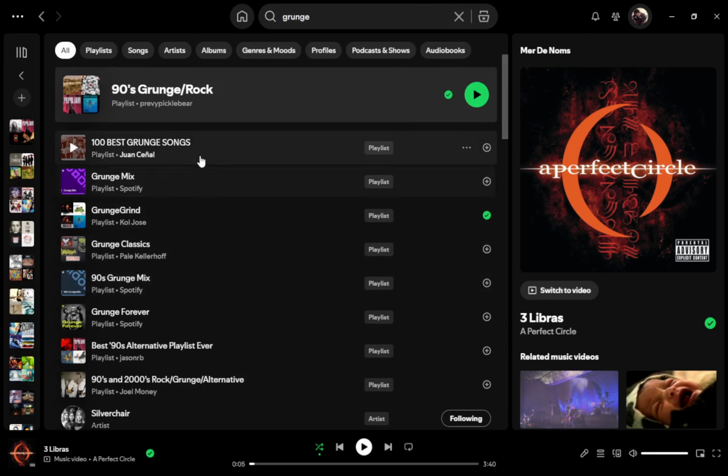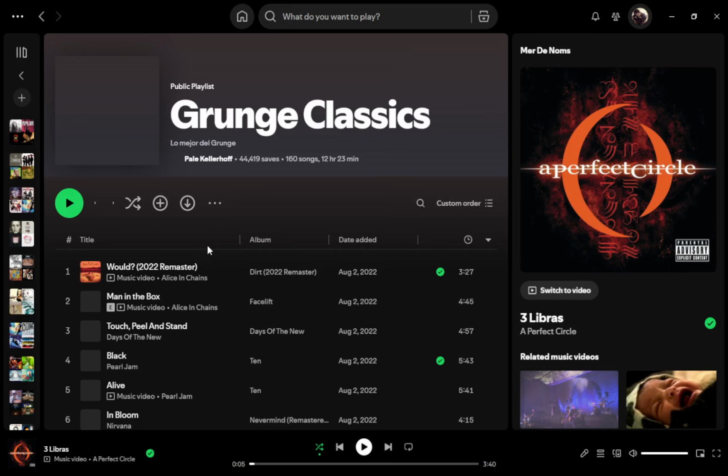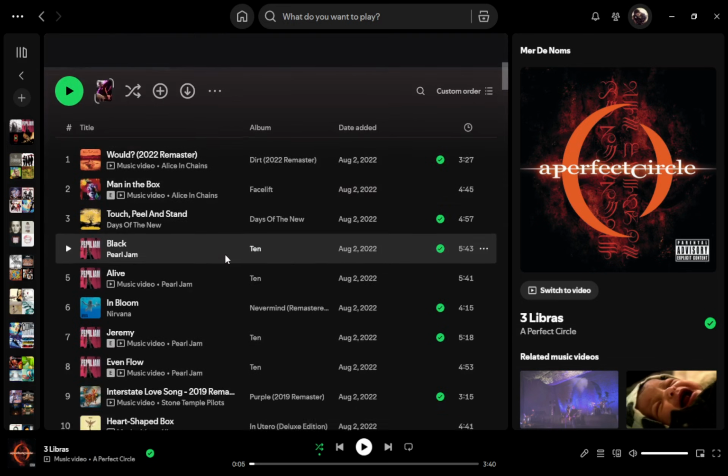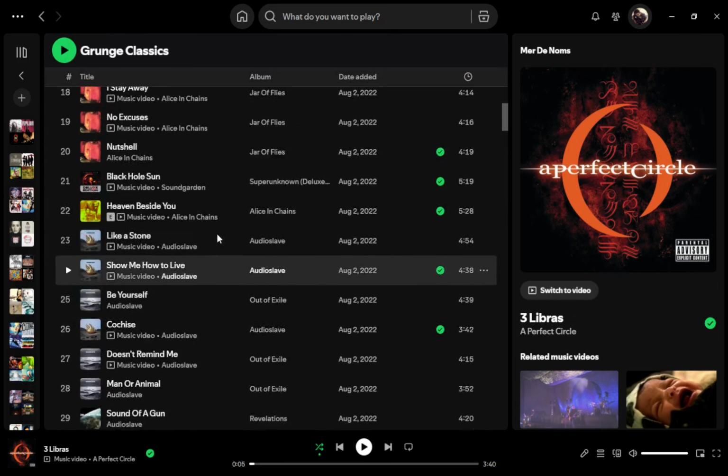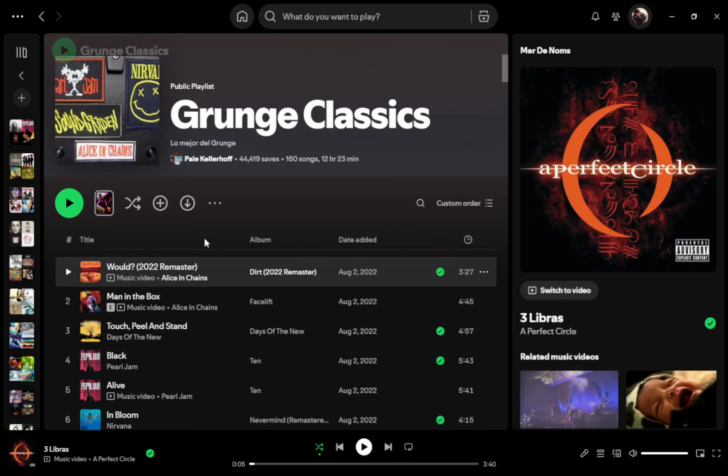Open the playlist, click its name or cover image once. The playlist view opens in the main area, with the title at the top, followed by the cover art, description, and the list of tracks. You should see a big play button and other icons nearby. Take a moment to confirm you opened the correct playlist by checking the title and maybe the first couple of songs. Now click the plus button or the add or save button.